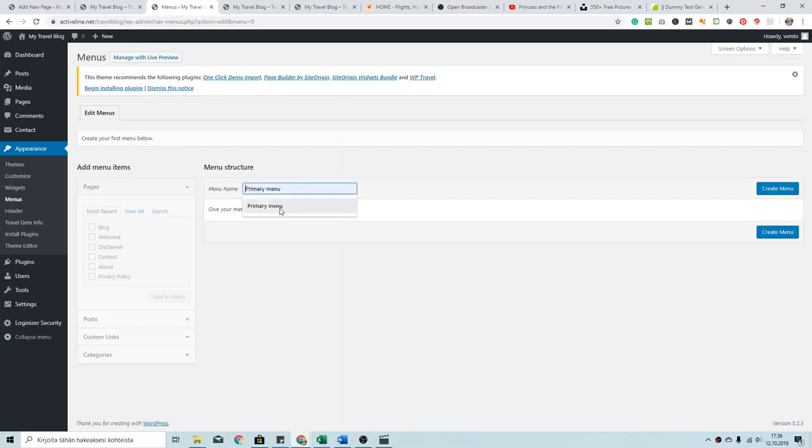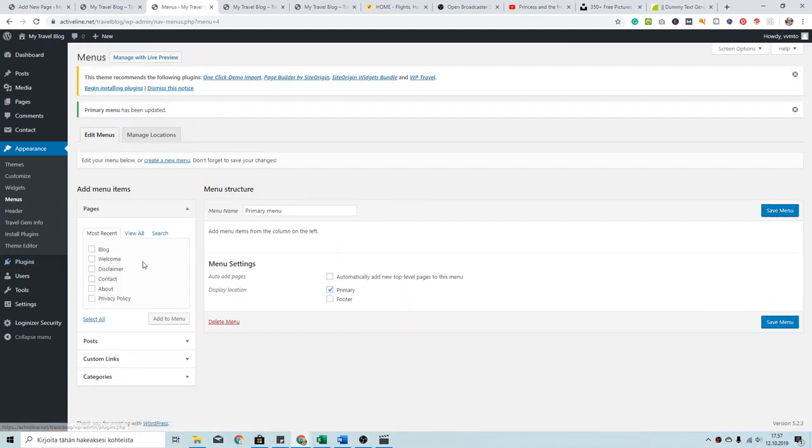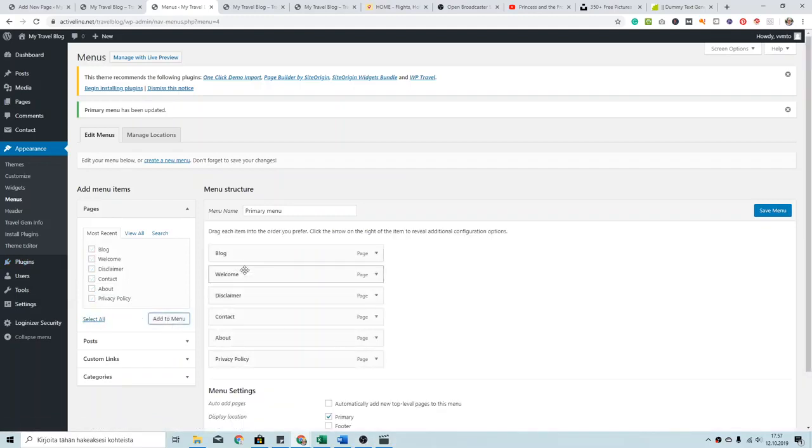Then you can create a primary menu or whatever you want to call it, create menu, and this will be the navigation in your website. It will be in this spot in your website. Okay, primary, and save. Okay, and then you will add all of these like this, and let's say you will not add welcome,